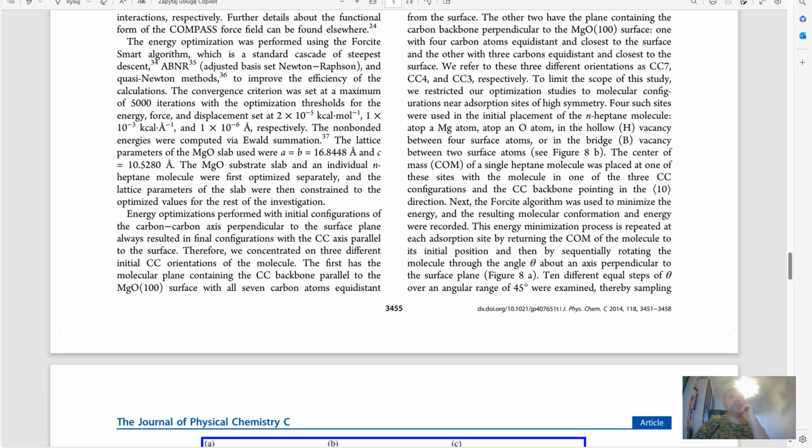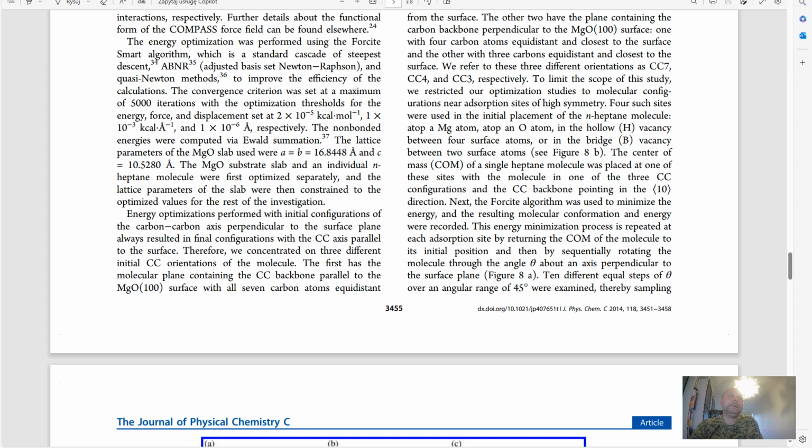Okay, now we're going to clip the surface, but first we need to examine the publication, so we'll have exactly the same system if we want to, of course, compare the results. Okay, so as we can see in the publication, the MgO slab has diameters A and B, meaning the surface